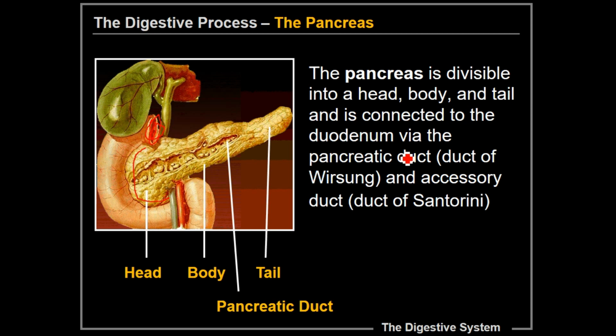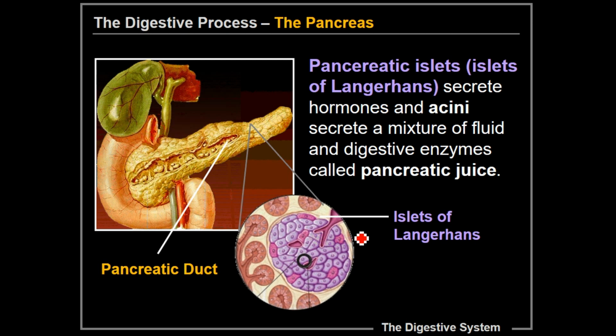And it's connected to the duodenum via the pancreatic duct, which is also called the duct of Wirsung, if you go with the German pronunciation. I believe that was discovered, of course, by Dr. Wirsung, and the accessory duct, the duct of Santorini, clearly discovered by good old Dr. Santorini. So the pancreas, as we're getting ready to find out, has a job. The pancreatic islets, or islets of Langerhans, clearly discovered by good old Dr. Langerhans,